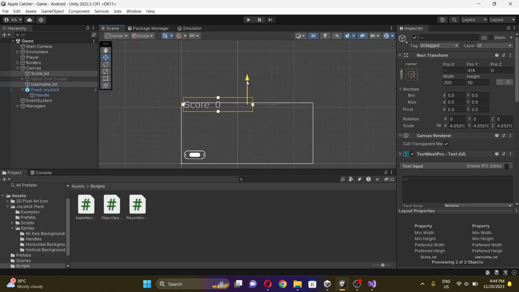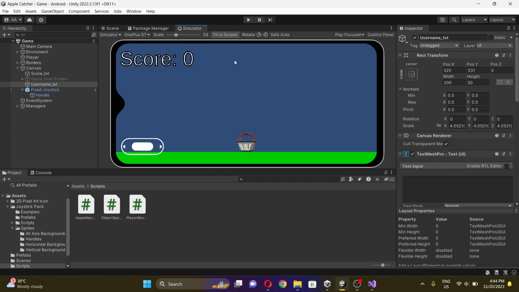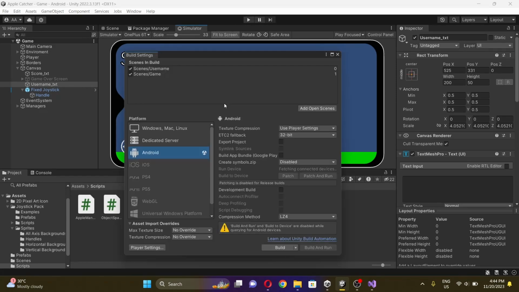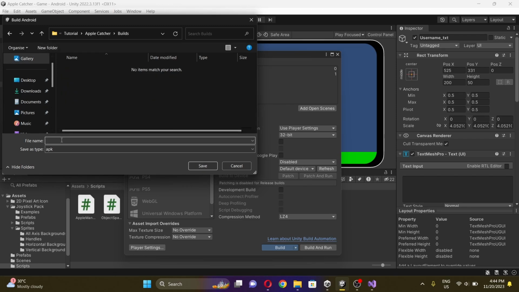So I'm going to hit the canvas and drag the score and the username text a bit down together. Remember, I hit Control and selected it, and now if I hit play, it should work. We can also hit Control Shift B and build the game. I forgot about that, we were not supposed to play it. So I'll click new folder and we'll call it builds. And over here I will name the file Apple Catcher